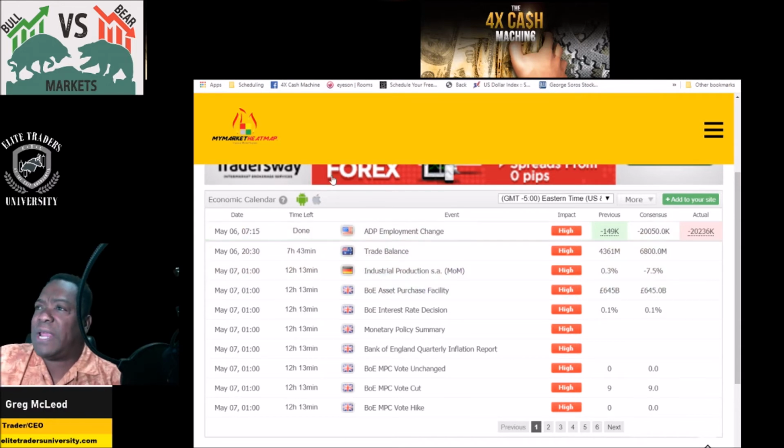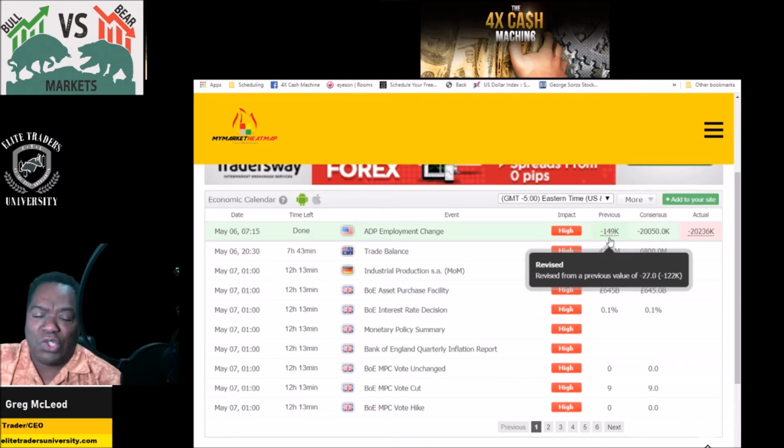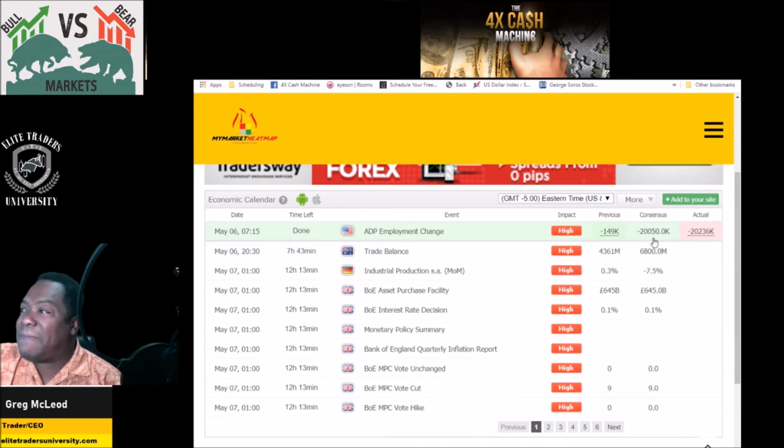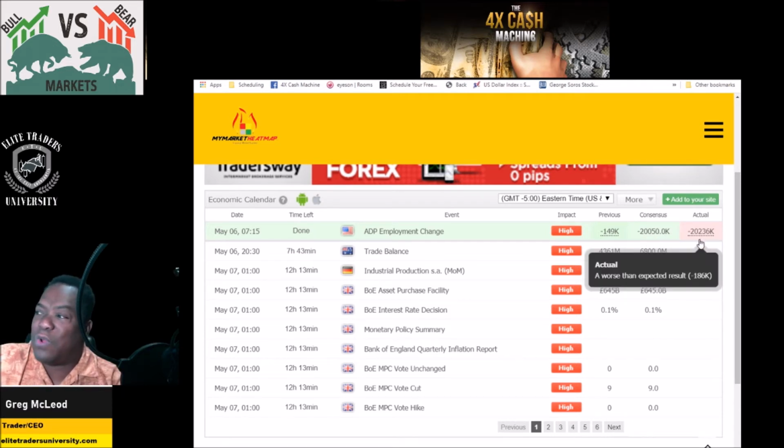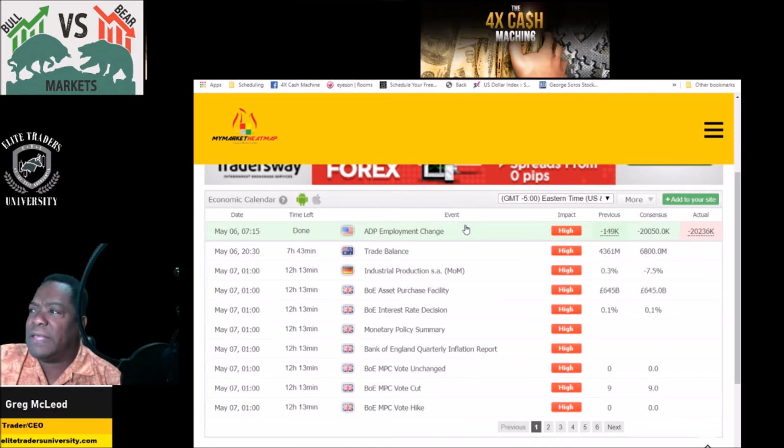ADP employment change right here on my market heat map came out, and the previous was 149,000 jobs lost. They probably didn't count all the coronavirus people. It came out to be 20 million, right? This says 20,000. It's actually 20,236,000, and the consensus was 20 million, right? It was worse than expected, and this really caused the